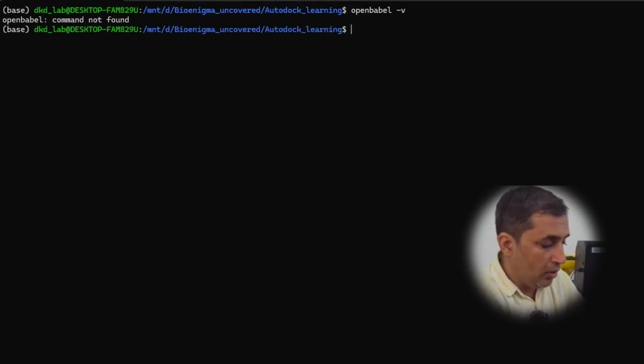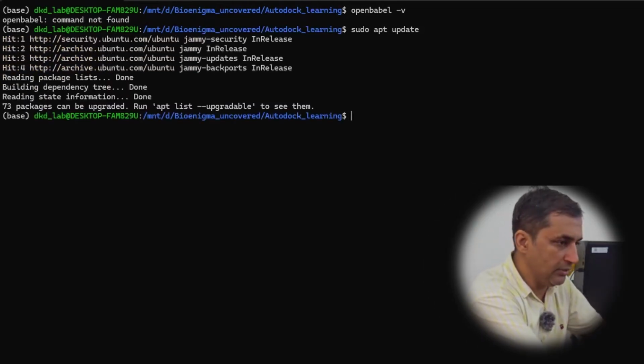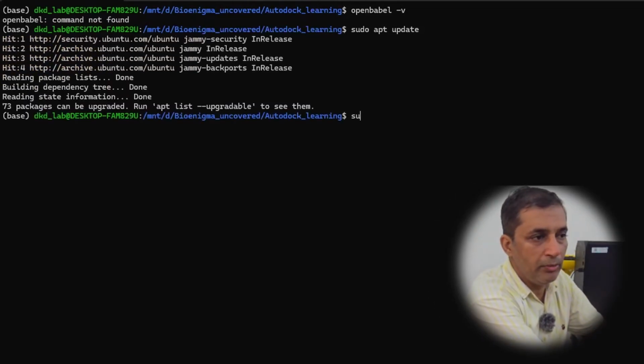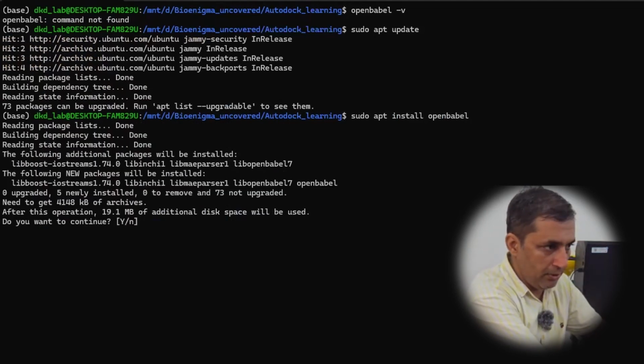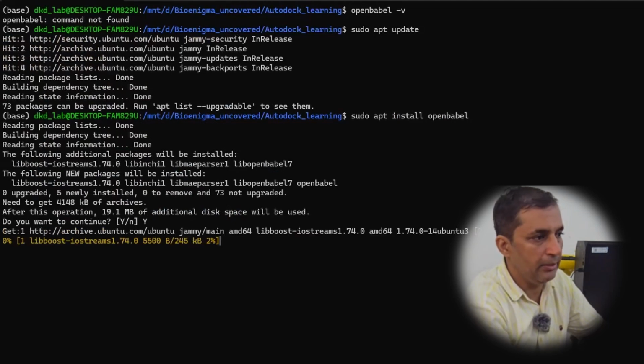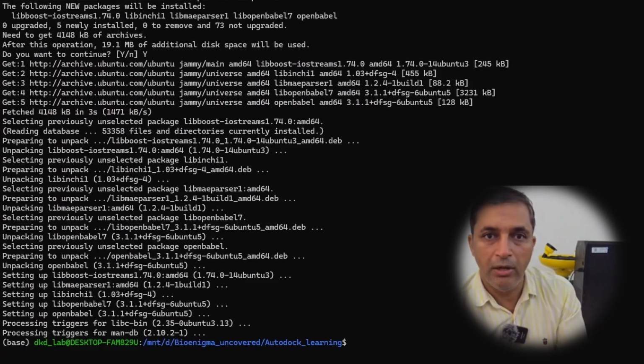So now we are going to type the command sudo apt update, and the system is updated. Now I'm going to ask to install, sudo apt install openbabel, and I get a prompt, do you want to continue. I'm going to type Y for yes, hit the enter button, and within a few seconds OpenBabel will be